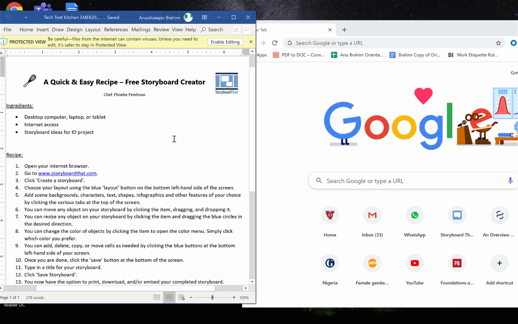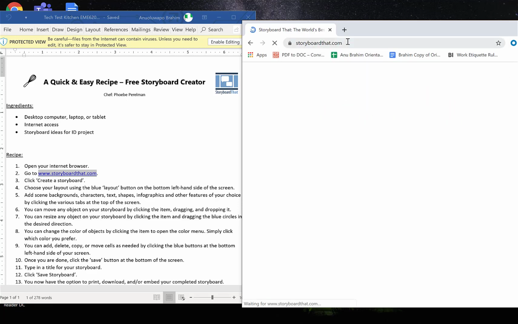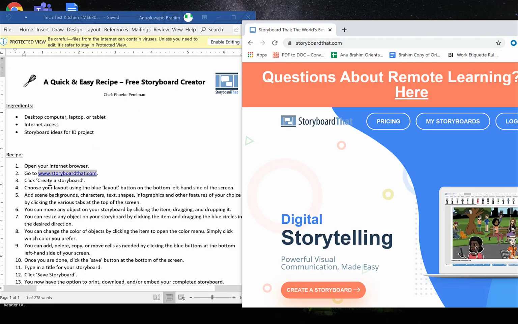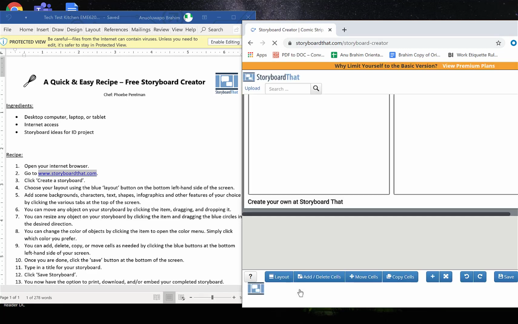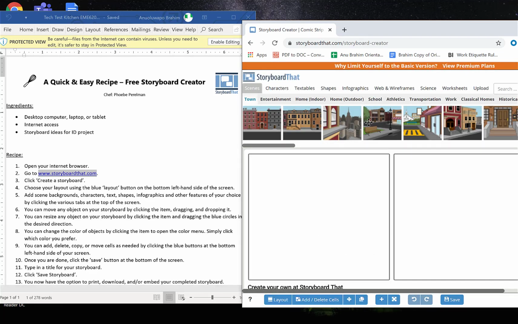So the first is to open my internet browser. Here it is, Chrome, and then I'll go to this link here. So I'm going to copy this and paste in my browser. So the next step says click create a storyboard right below. This is it, created. I have this instruction and the storyboard side by side just to find it easy to